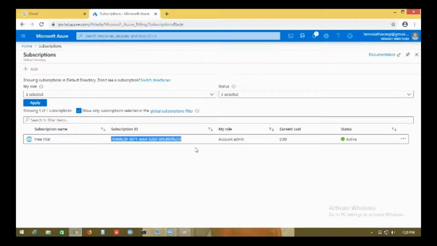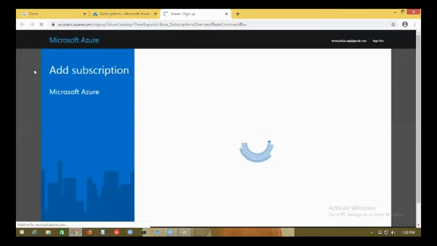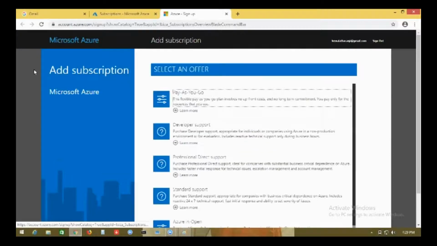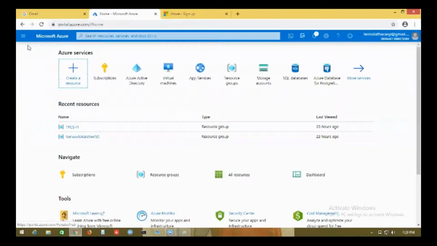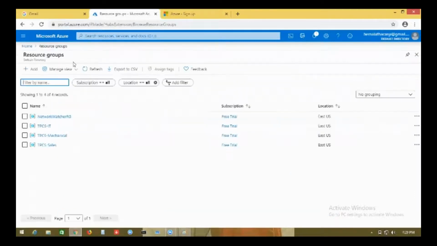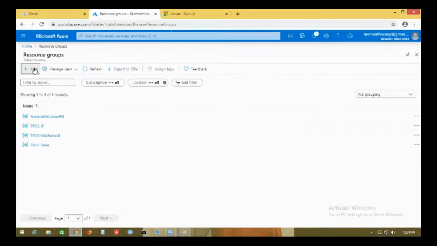For another company, I have to sign up again and click add, and then say that I am going to use another subscription, and this time you give a different name, Wipro Technology. So within Wipro Technology, when you are creating any resource, that resource will be counted in Wipro Technology. If you remember, when you created a virtual machine or a resource group yesterday, you also had to define within which subscription you are going to create it.